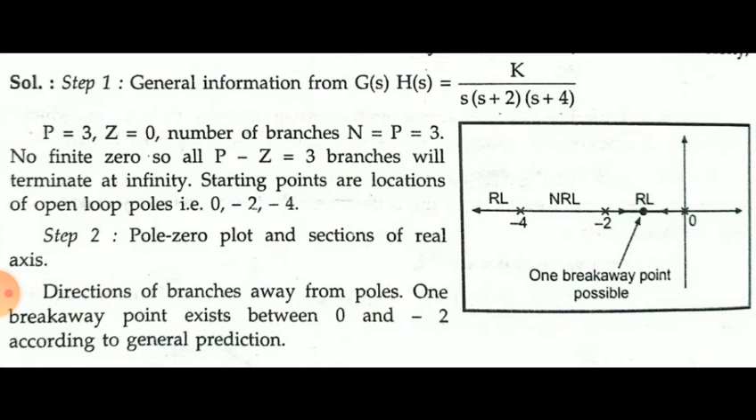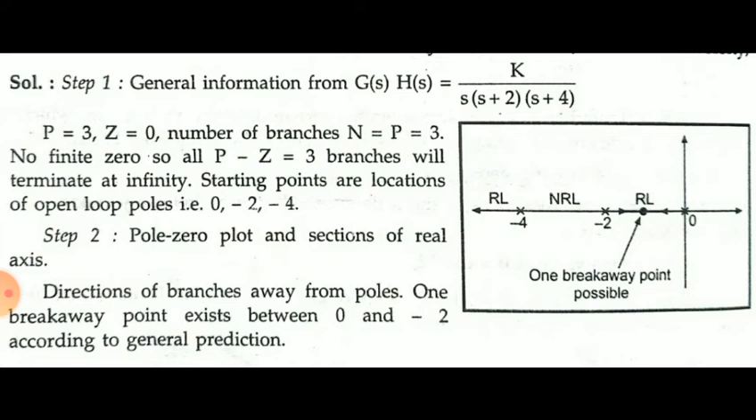And regarding the general predictions, general predictions means to predict the breakaway point on this root locus. If there are adjacently placed poles on a real axis, and that real axis is part of the root locus, then there exists a minimum of one breakaway point. So here there are adjacently placed poles on the real axis. So one breakaway point is possible